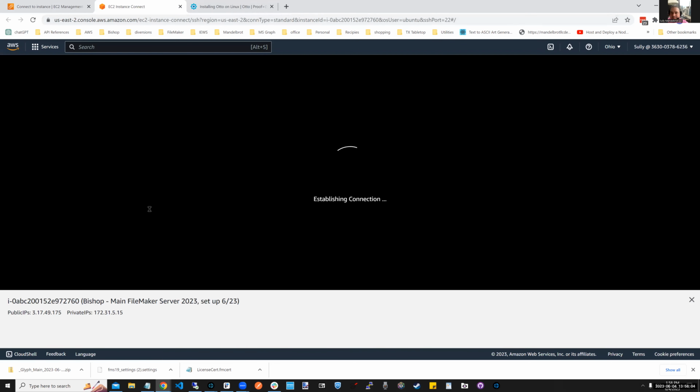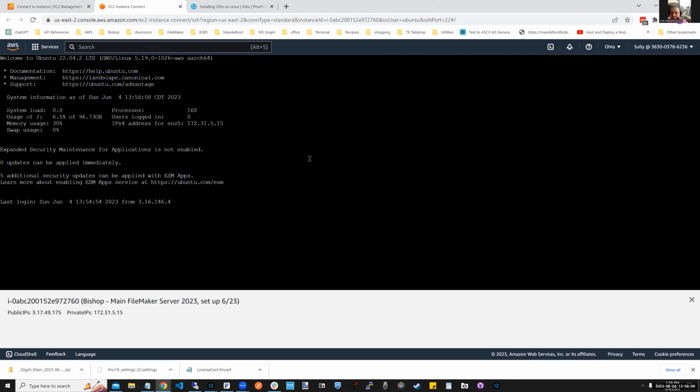So if I hit connect, it's going to bring up this Linux GUI. Linux GUI. That Linux doesn't have a GUI. This Linux command prompt. And then we're going to start doing this stuff. Sudo, super user do, fallocate -l. And then we're going to type in the number of gigabytes of hard drive space we want to set